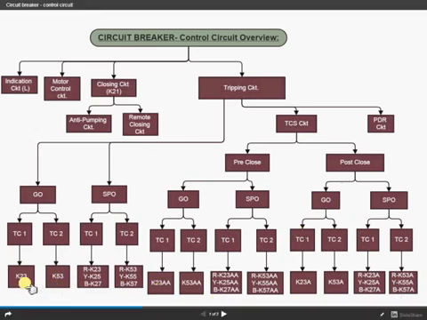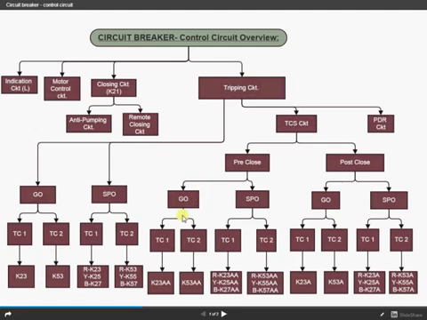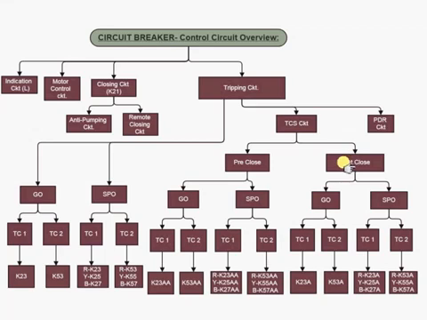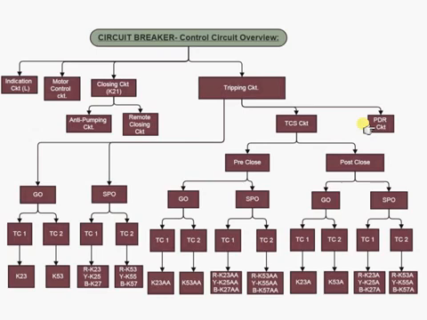So you can see here that for the tripping positive it's K23. For TCS pre-close, K23 is followed by 2A. Okay. And for TCS post-close, K23 is followed by a single A. Okay. And then also there is a PDR circuit. The PDR circuit is used in the single pole operated breaker, where if there is a difference in the closing or the opening time of the 2 poles, the PDR relay operates and it trips the breaker on PDR.